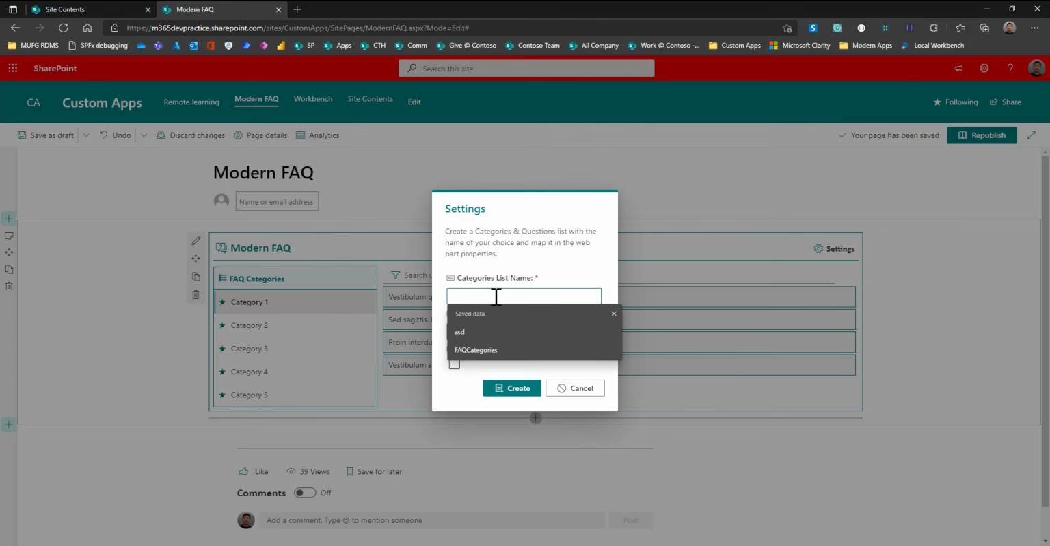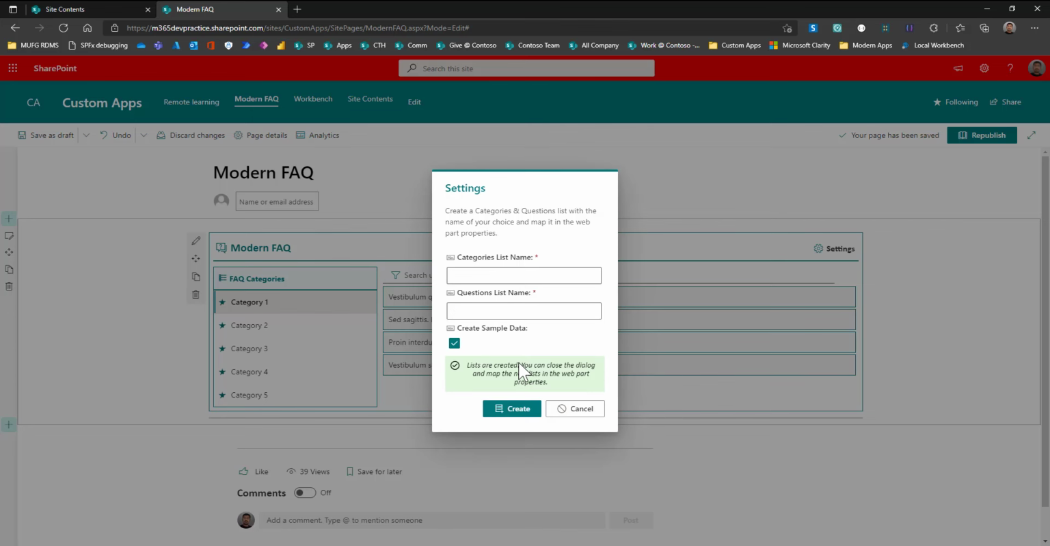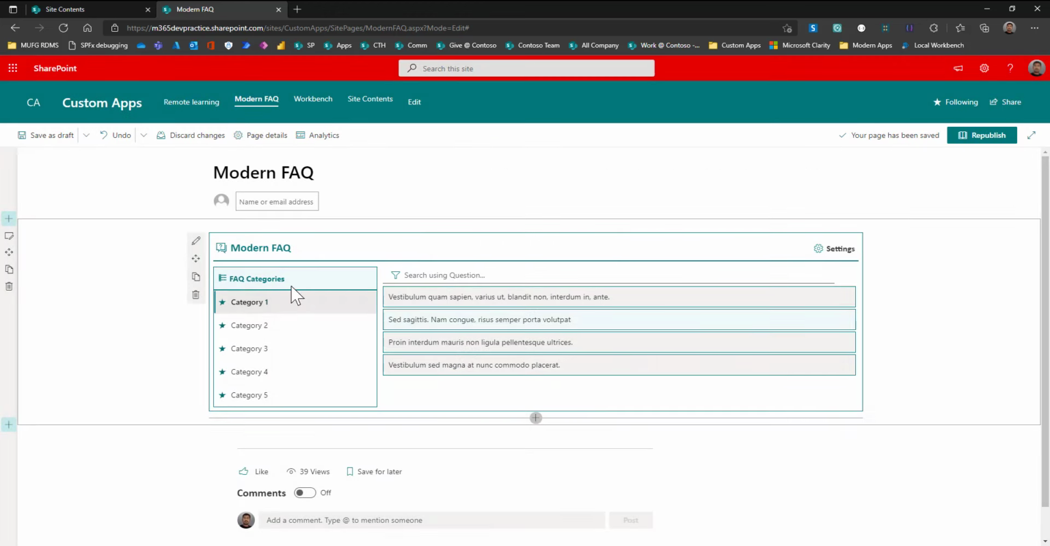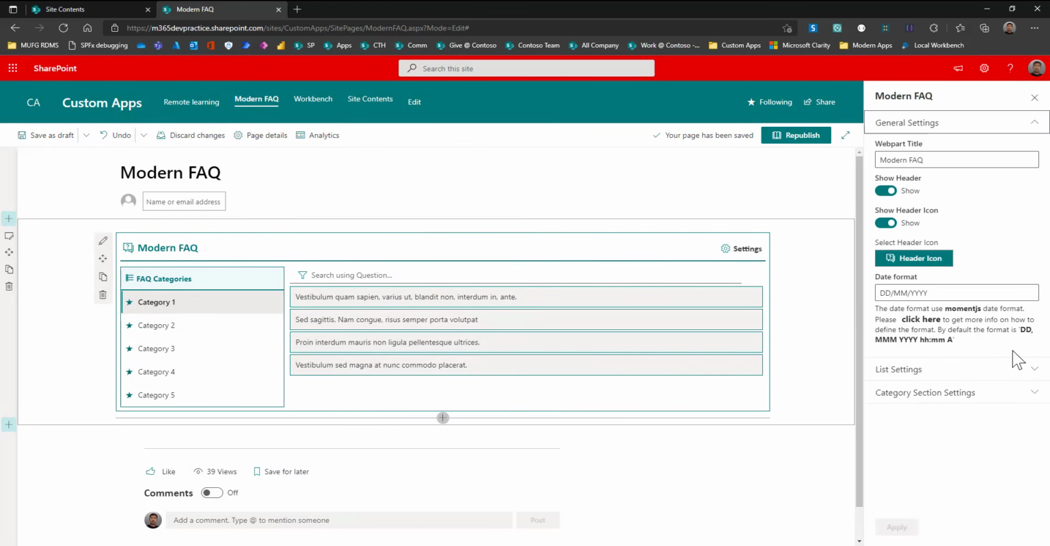So maybe I'll give categories and new questions, and I'll also choose sample data. So now the lists are being created. Once it is created, there will be a success message. See, the lists are created, and you can close the dialog and just click edit the web part